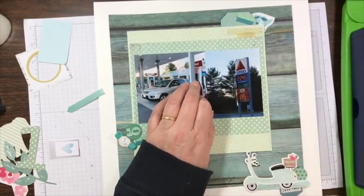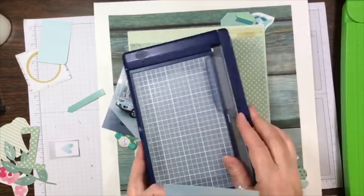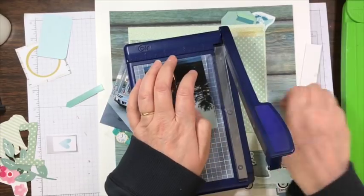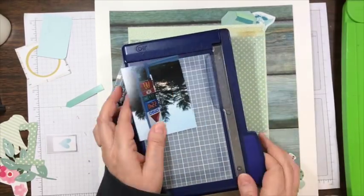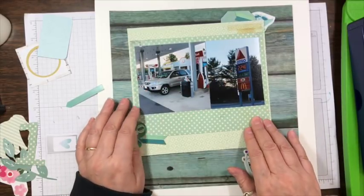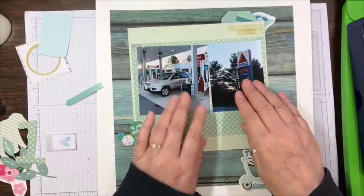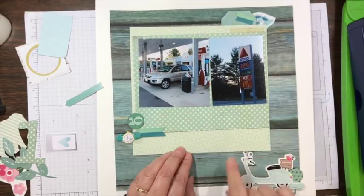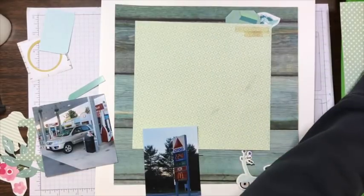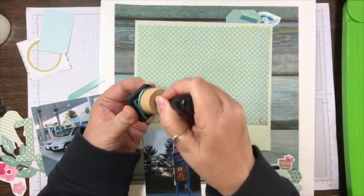Now these two photos are two 4x4 photos, but because I'm working with scraps and they're a certain width, I decided to just cut down my pictures, which was okay because one of them is of us gassing up when we were in the States, and the other one is a sign of how much gas prices are compared to us. And that's what my journaling is going to be, how crazy our gas prices are